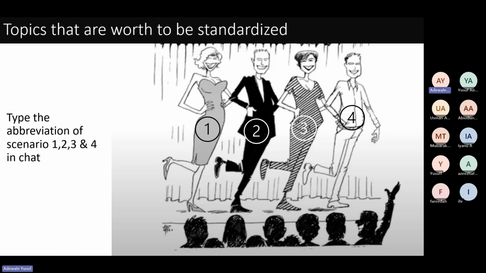Now I want you to type in chat. Based on what I've explained to you guys, I have 4 interesting people on the screen now. I have a lady, a guy, another lady, and another guy. Now, number 1 has been attached to the first, then number 2, number 3, and number 4. So I want you to type in chat. Number 1 is what? What color is number 1 talking about? I've mentioned this lighter color should be used for something. So I want to know if you are following. Number 1 is what color?